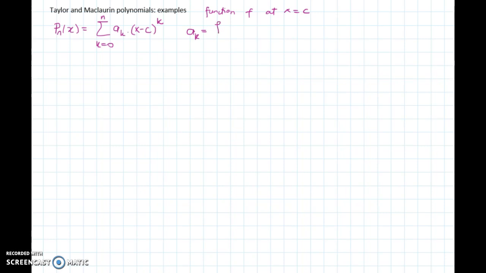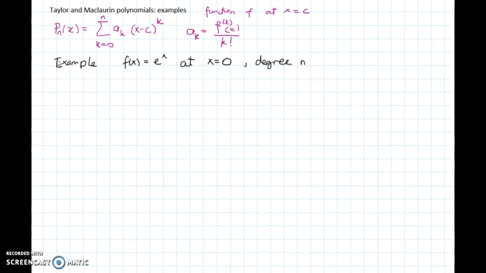For finding the coefficients, we need to find the derivatives of the function. So we need to make sure that the function has derivative of at least order n, and then we need to evaluate that at c and divide by k factorial. For our first example, we are going to consider the function e to the power of x at x equals 0. So we're going to be actually talking about the Maclaurin polynomial,